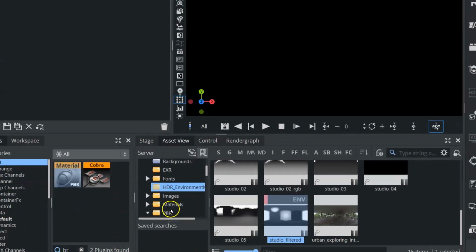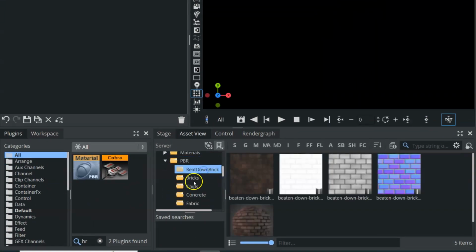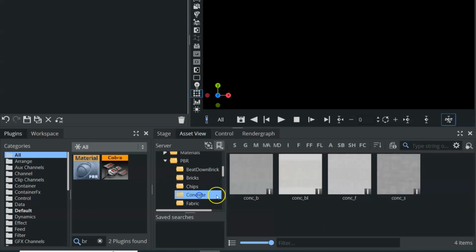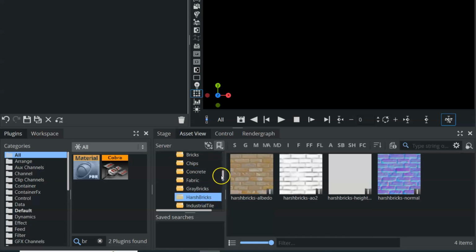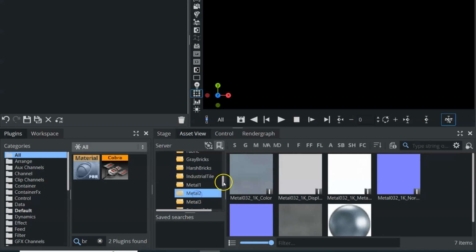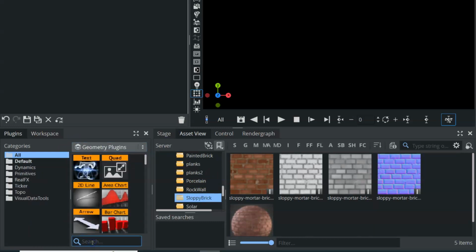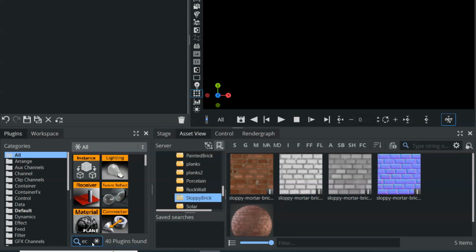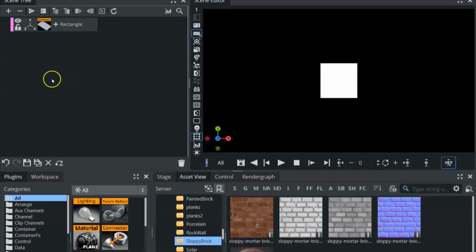Next, we're going to start building our scene using our PBR materials here. You can see when I click through my PBR materials that I have several here. Again, I just went to the internet, and you can download these through several free resources and or paid resources as well for whichever type of material that you're looking for. To begin, we're going to jump over into our geometry plugins. We're going to come down to our search, type in rectangle,